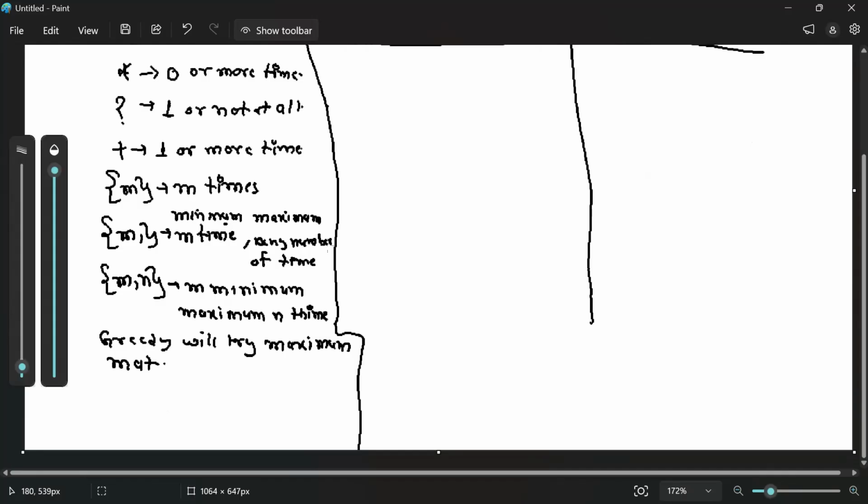Maximum match greedy will try. Maximum means it will try to match as much as possible. This is one important implication of this. The second implication that we have with greedy is,